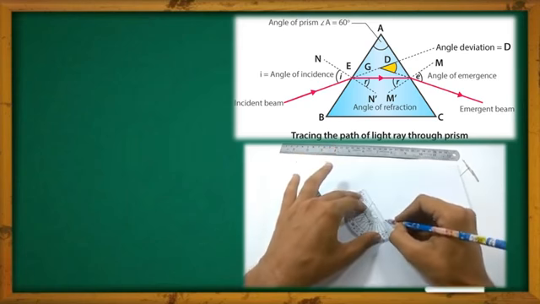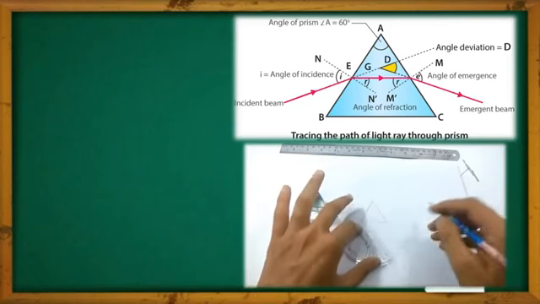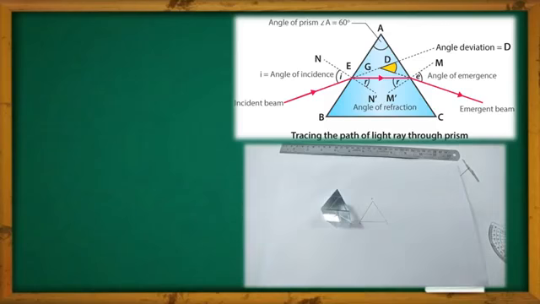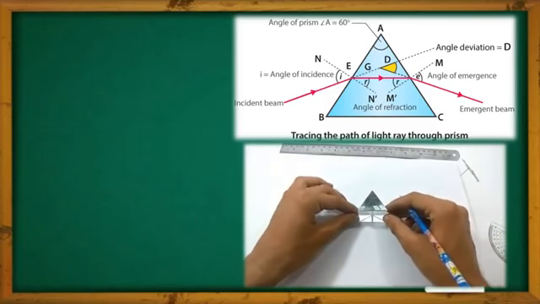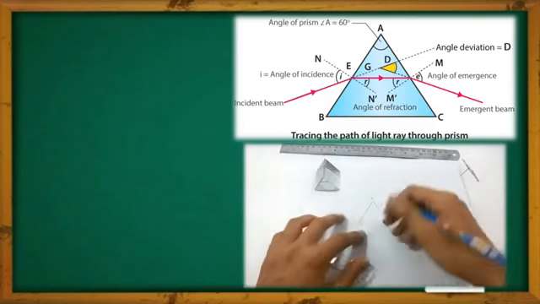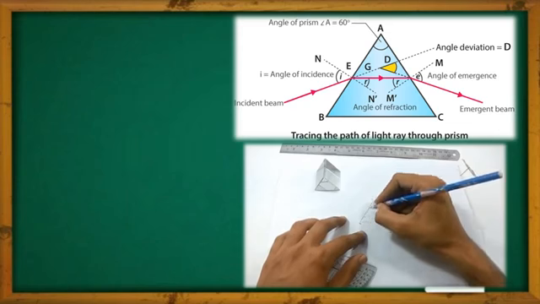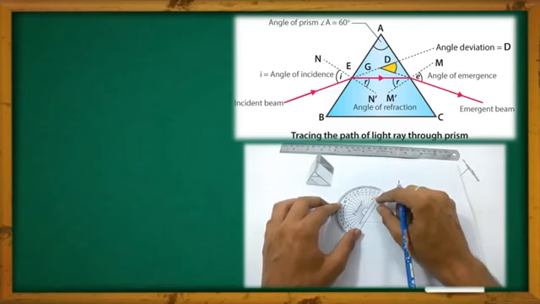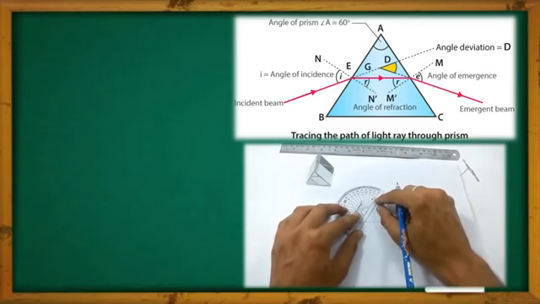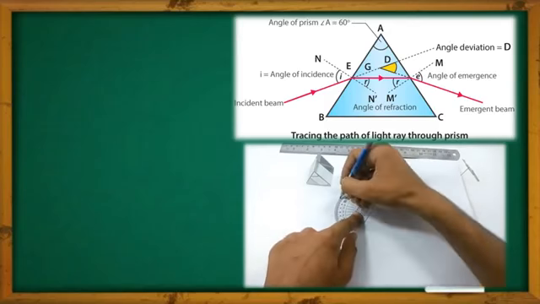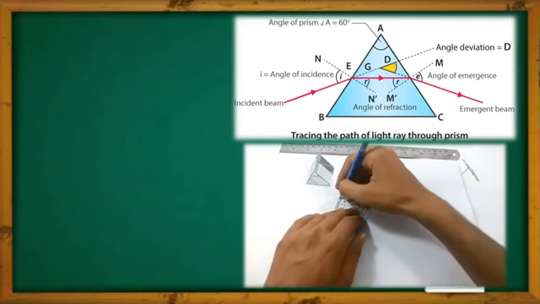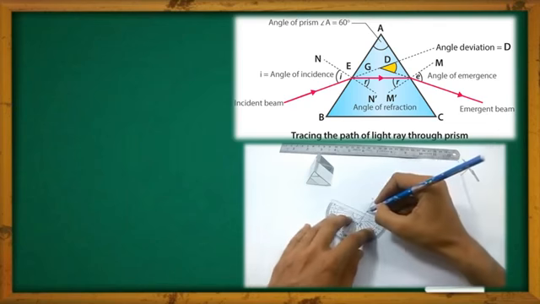Now you can also name that prism. You will see that a triangular shaped object will be created. You can name that prism as ABC. Now you again place that prism to check whether the lines are perfect or not. Then arbitrarily choose any point on the surface AB and there put your protractor and measure 90 degrees, for dropping a perpendicular to the surface AB.